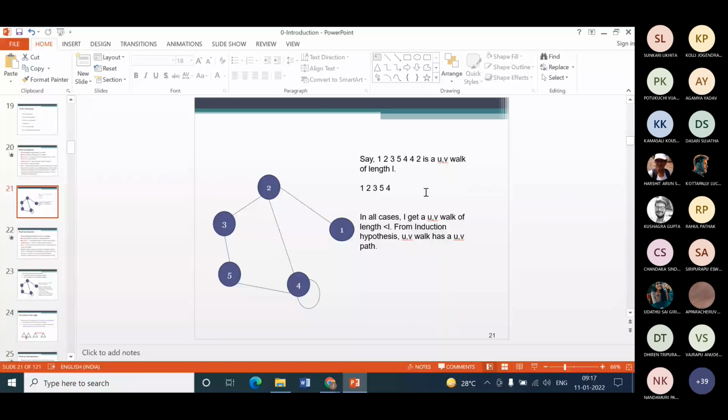Now any vertex that is repeated, any vertex, if no vertex is repeated, then this UV walk itself is a path. Say for example, if I take 1 2 3 5 4, is a UV walk of length L, in that case since no vertex is repeated, this itself gives you a path. That is the case 1. Case 2 says